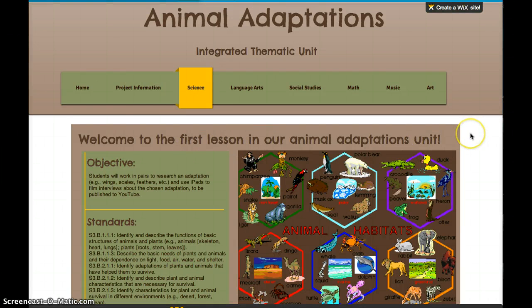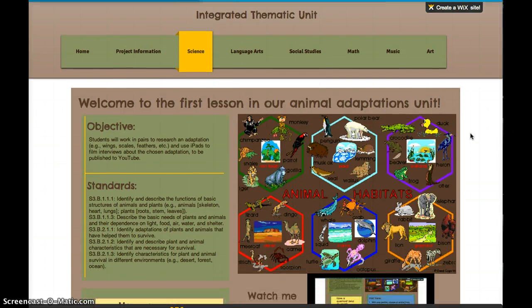So here's the science lesson. It's the first one in the unit. I put this one first because I felt that this unit was mainly science-based, and it would be a good way to kick it off with a science lesson so students can really get involved in understanding what animal adaptations are. So you'll see I have my objective and my standards on the left-hand side, and I have this diagram